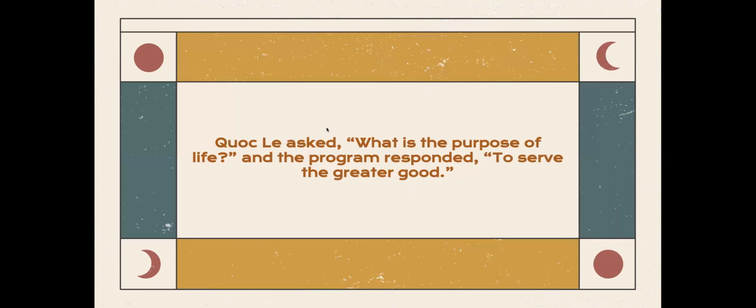And to end off today's workshop, I will share a bit about what I've read. Kotler is a data scientist at Google who worked on an NLP project there. He used Google's systems to create a small model to respond to short, open-ended questions. He tested the program and asked, what is the purpose of life? And the program responded, to serve the greater good. I think that's very interesting. This field is always growing, and there are breakthroughs coming up every other month.